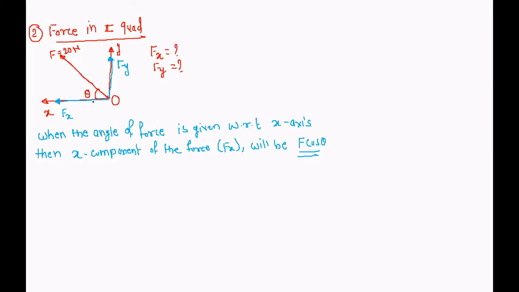Okay, so we have to just remember, if the angle theta is given with respect to x-axis, then directly this Fx we can write as F into cos theta. Okay, so I will write here Fx is equal to F cos theta. Okay, then we will decide the direction and sign convention, but right now the magnitude is nothing but the F cos theta. Okay, and y component will be opposite component, so we will write Fy is equal to F sine theta.